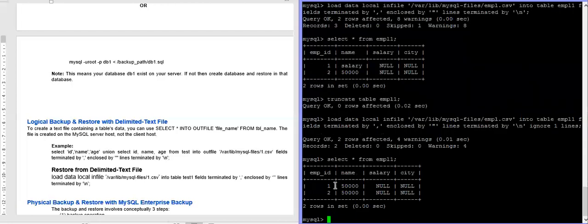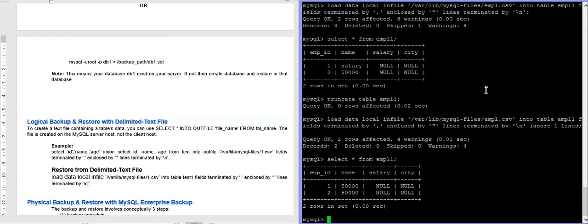So why did only empid and the name come? Rather than coming into salary, it came into name. Why? Because we did not specify the fields here. So that's why it came in name.